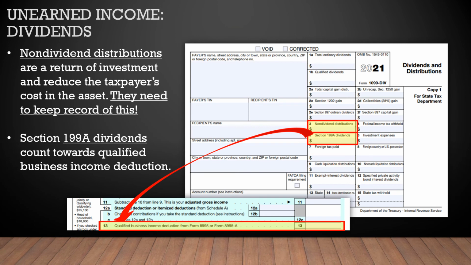Just a couple more boxes on the 1099-DIV. We have in box 3 non-dividend distributions, and there is a space to report this on the dividend screen in TaxSlayer, but it's also important to note that these are considered a return of the taxpayer's investment, and they reduce the taxpayer's cost in that underlying asset, which is probably a stock.